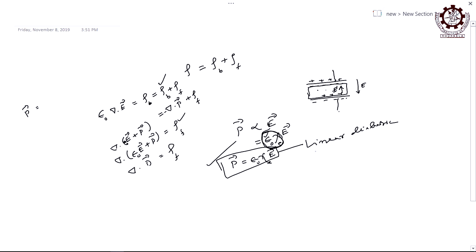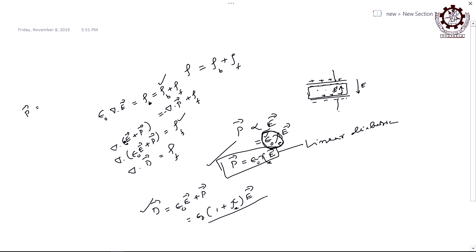Then now you can write this P or D. Suppose you write D now, then D equals how much? You know it: epsilon 0 E plus P. Now put the value of P and simplify it. Let us take a linear dielectric, then put the value of P and simplify that equation. What will your D be then? It is nothing but epsilon 0 times (1 plus chi) multiplied by E, because you know P equals epsilon 0 times chi times E, the electric field. So, this D, the electric displacement, can also be written in this form.